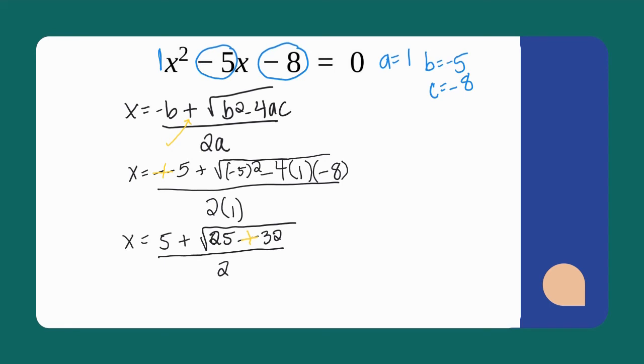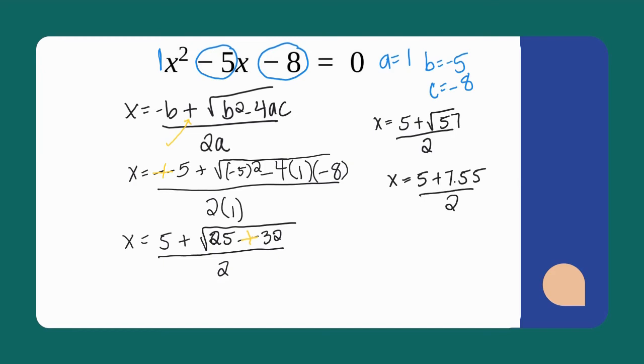Okay, great. Now let's actually add and simplify what's under our radical. So we have x equals 5 plus the square root of 57, because 25 plus 32 is 57, all over 2. And I notice that 57 is not a perfect square, so I won't get a whole number when I take the square root of 57. But I rounded to 2 decimal places, and I got the square root of 57 to be 7.55